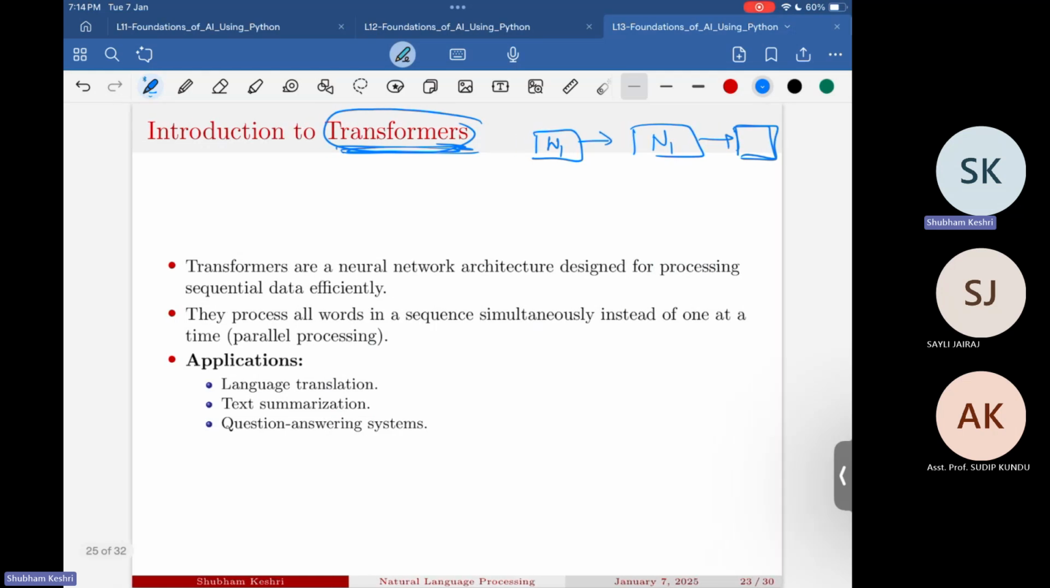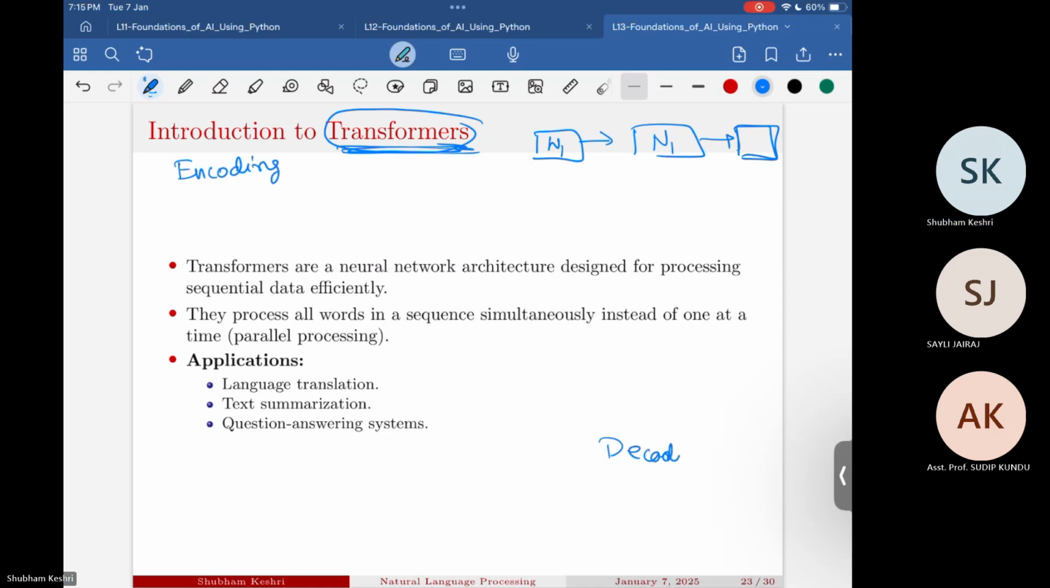So in transformer we have two kinds of steps, you can say. First is encoding and the second is decoding. So in encoding, the first word comes to the neural network, and we get an encoded representation of the first word. Okay, I'll just write E1, and for the second word I will again put it into the neural network,